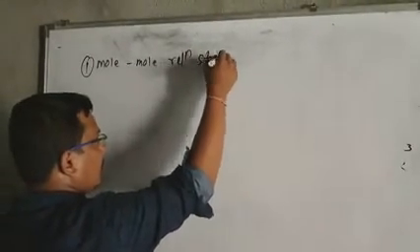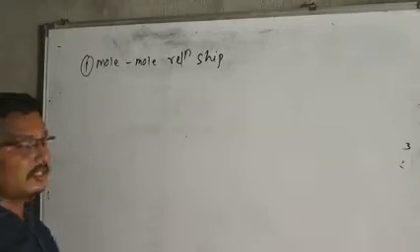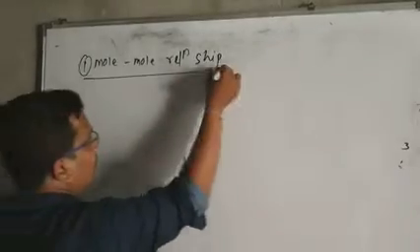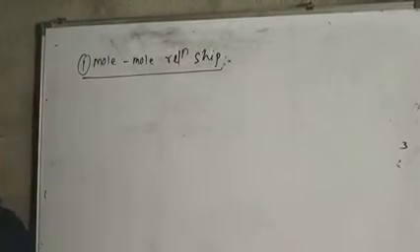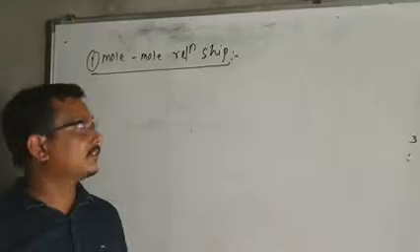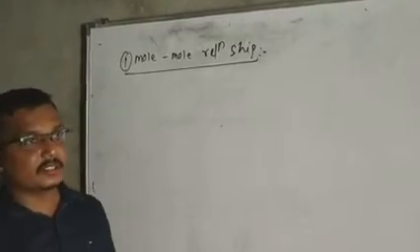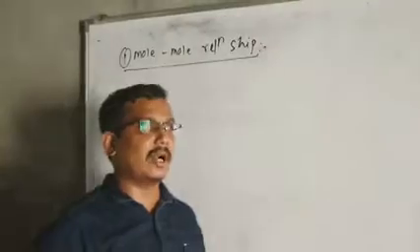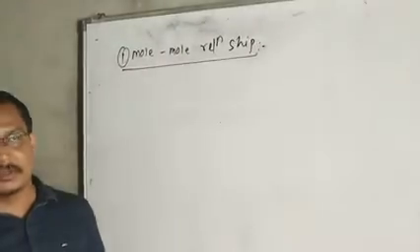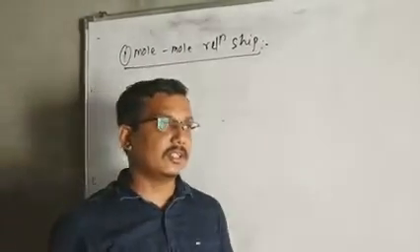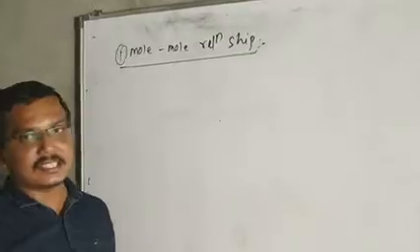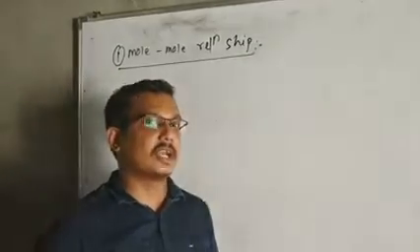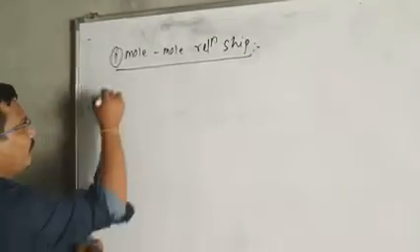Mole relationship. Remember there are different types of stoichiometry relations. First is your mole relationship. What is the mole relationship? In this type of stoichiometry calculation, the moles of the reactant are given, and the question asks what will be the moles of the product formed, or the moles of the product are given, and you must find the reactant required for the reaction. Suppose we take a problem.